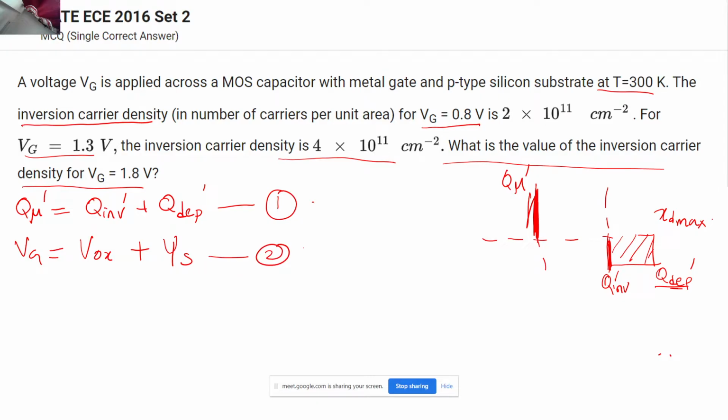Now I just know one thing. If somehow I can incorporate equation number 1 in equation number 2, my job will be done, because this is the quantity they have asked me to find, correct? So now I just need a small help from you guys. Can any one of you please tell me how I can incorporate equation number 1 in equation number 2?